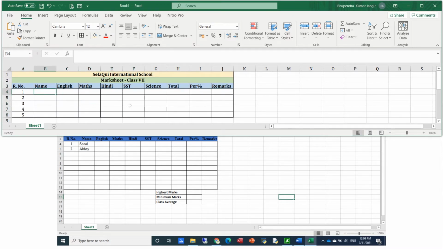Now I'll take an example of 5 random names, let's say Ambika, then suppose Bhavika, then let's say Chirag, then let's say Dinesh, then let's say Suresh, most common. Now randomly we have to put the marks.